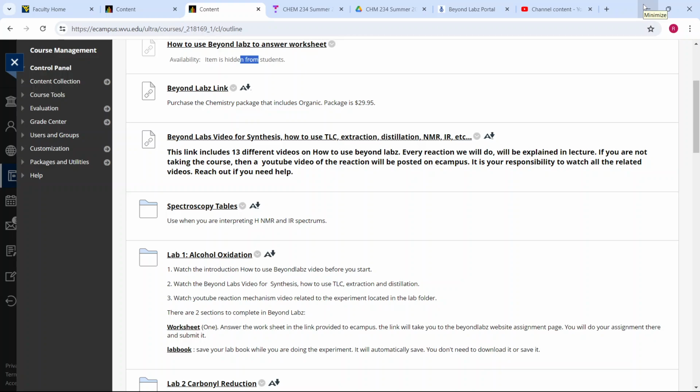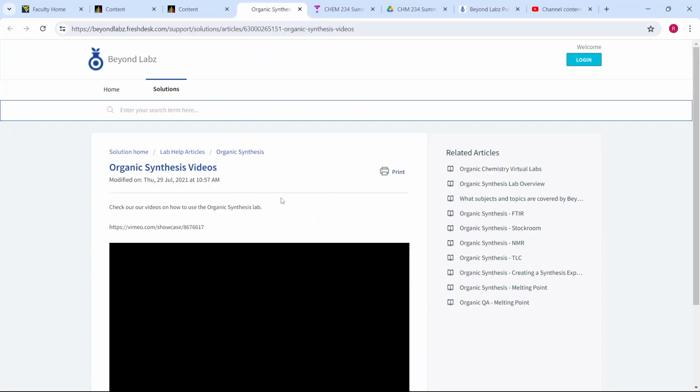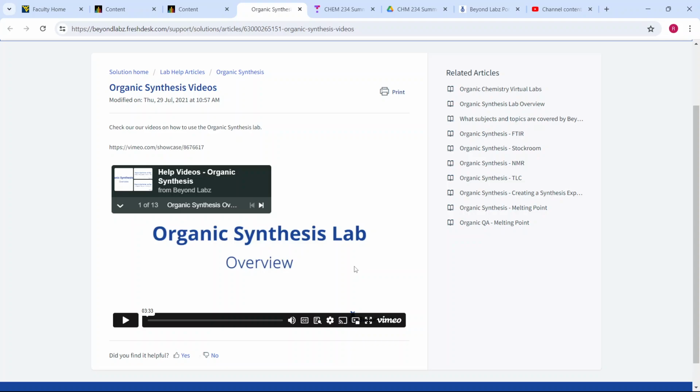In this video, I'll walk you through how to use Beyond Labs and how to work an actual experiment in Beyond Labs. If you haven't used Beyond Labs before, there is this link over here, which is simply a guide on how to use the different techniques in Beyond Labs, like FTIR, just to make you familiar with the Stockholm NMR, TLC,